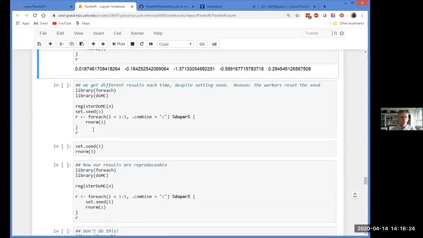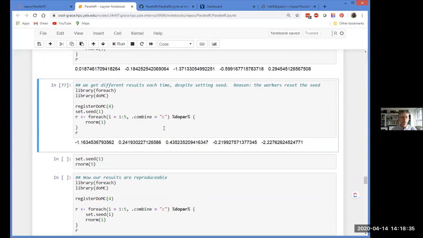So let's look at what happens if I turn that into a parallel run. All I changed here was I made this dopar instead of do. Getting different numbers every time. So what happened? Well, it turns out I set the seed in the master, but the workers did not see a seed get set. And so the workers are just generating rnorms without having a seed set. So they're each generating their own random seed, which probably has to do with the system clock and possibly their process ID. And so my setting the seed had no effect. Okay?